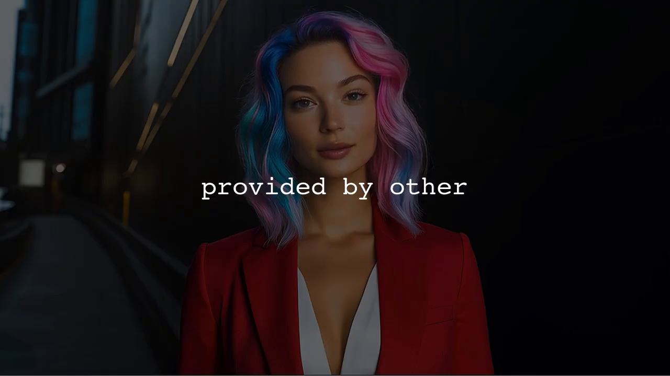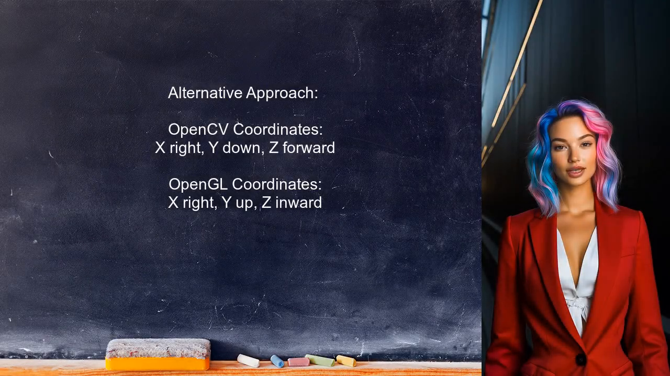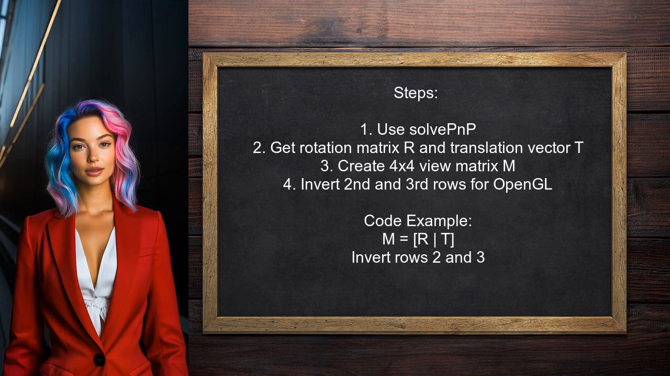Now let's look at the answers provided by other users. An alternative approach suggests understanding the differences in camera coordinates between OpenCV and OpenGL. In OpenCV, the coordinates are x right, y down, and z forward. In contrast, OpenGL uses x right, y up, and z inward. The user recommends using the solvePnP function, which provides a 3x3 rotation matrix and a 1x3 translation vector. By creating a 4x4 view matrix with these, you can simply invert the second and third rows to adapt it